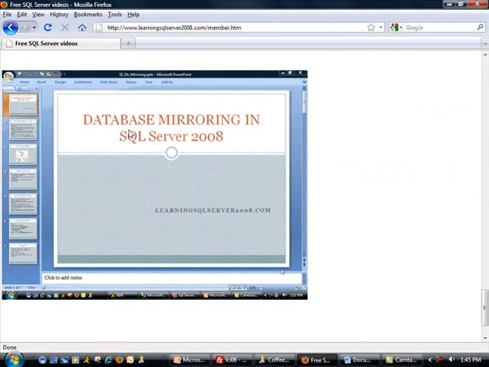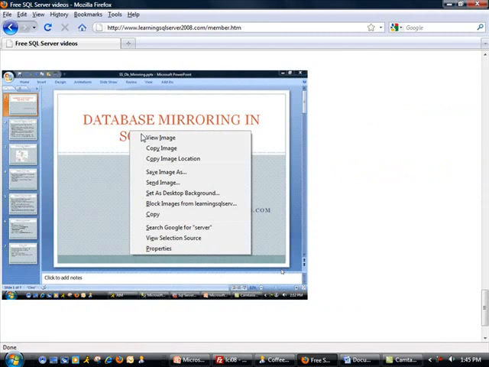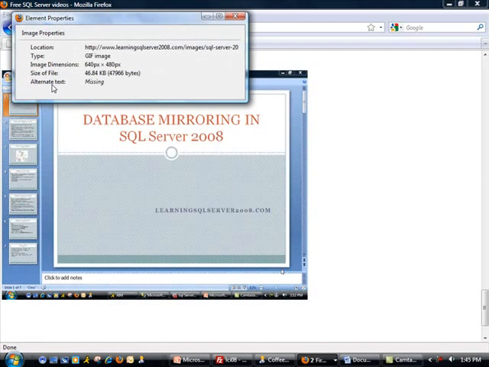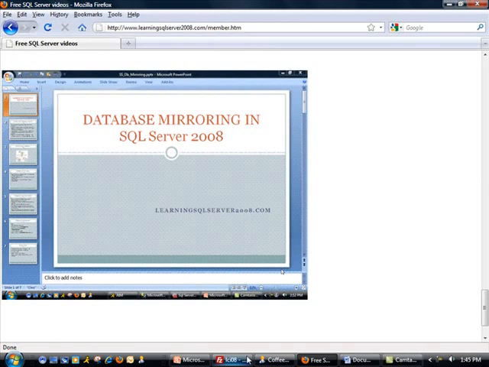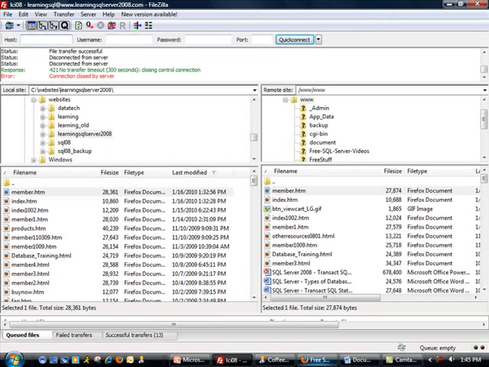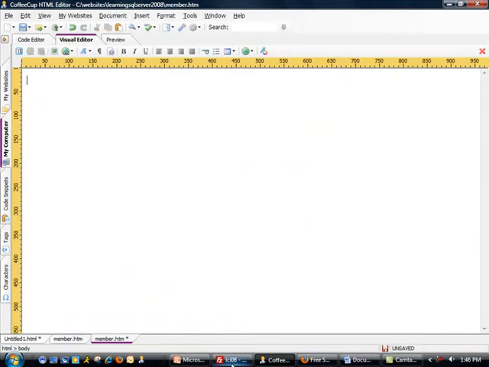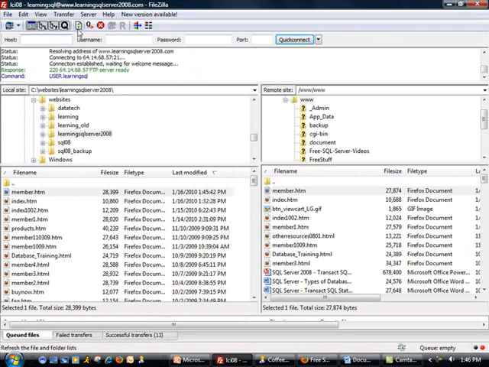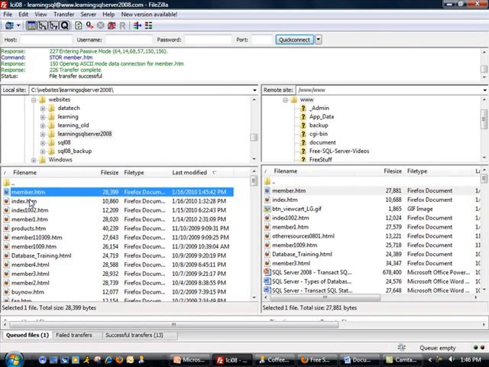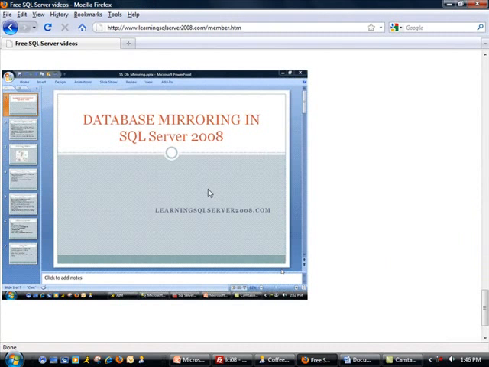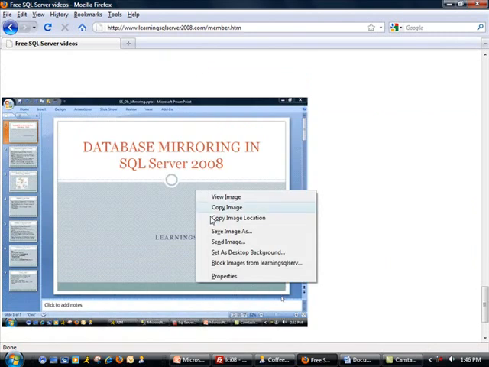And before I refresh this, notice if I come into the browser and I go to the properties on this, okay, notice it says alternate text is missing. So when we refresh this page, this should change. I think I saved it. Let me go ahead and close this here, and then come back into my FTP solution. I'm going to go ahead and refresh this page and upload it one more time, and then come to my browser and refresh this page. Now when I come here and go to my